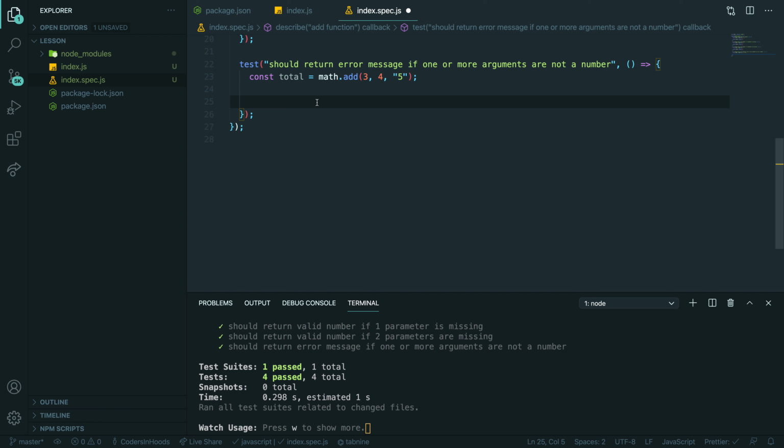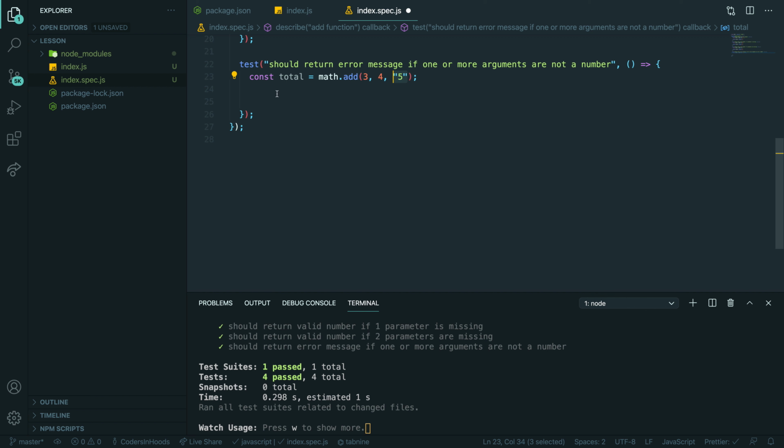So I want to compare total with the error message that I'm expecting. Right? So I'm saying, from the business side, that if I call the function with a string, I should get an error message. And now I want to test, am I getting a message if I pass it a string?